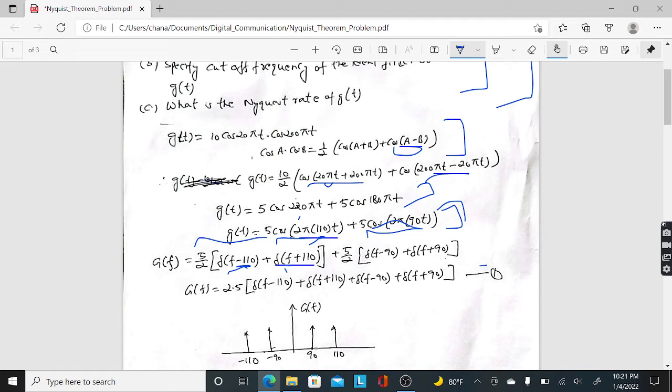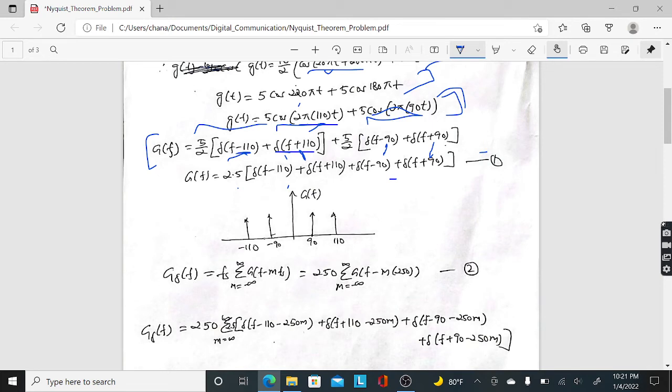So G(f) would be, this is the Fourier transform of g(t), which is G(f). It would come to 2.5 times [δ(f − 110) + δ(f + 110) + δ(f − 90) + δ(f + 90)]. So if you have to plot it, you can see